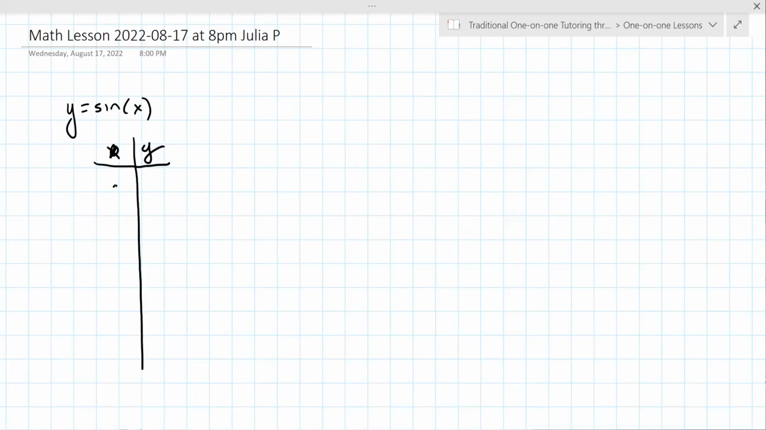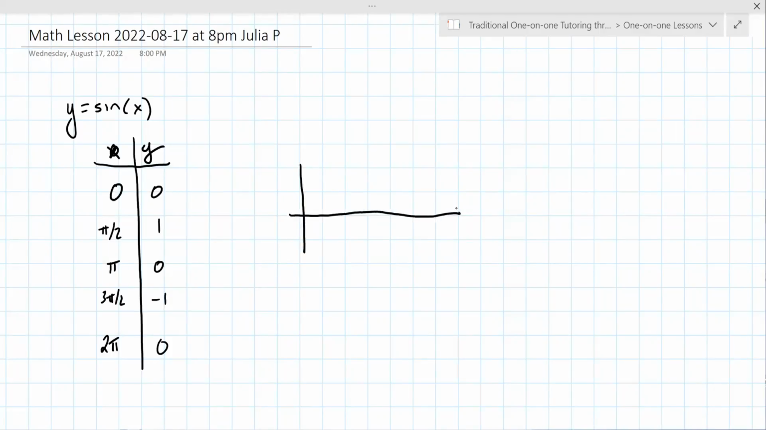There's 5 values: 0, pi over 2, pi, 3 pi over 2, and 2 pi. And if you were to look at a unit circle, you would see that the sine values are 0, 1, 0, minus 1, 0. So when you graph this,